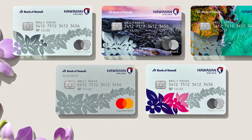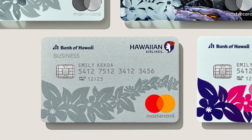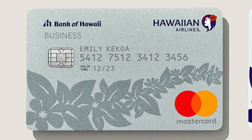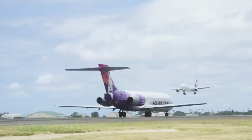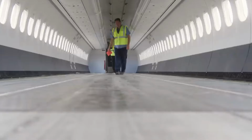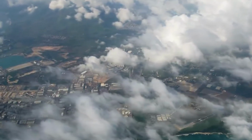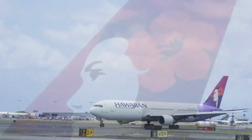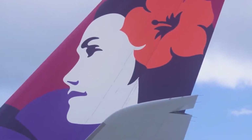Although it isn't the full companion ticket that some other airline cards offer as a bonus, the Hawaiian Airlines Business Mastercard's one-time 50% off discount on a companion round-trip coach travel between Hawaii and mainland North America is still a plus. There are no requirements to qualify. This card benefit is automatically included. You will, however, have to pay for your own ticket rather than using miles, as well as the companion ticket's full taxes and fees. Cons: